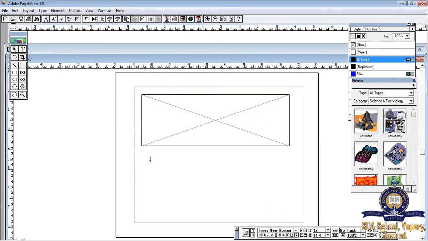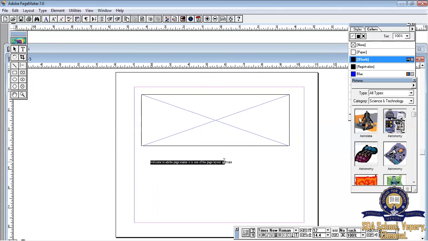Select your text tool and draw here. Type the content. I'm typing here: Welcome to Adobe PageMaker. It is one of the page layout software.